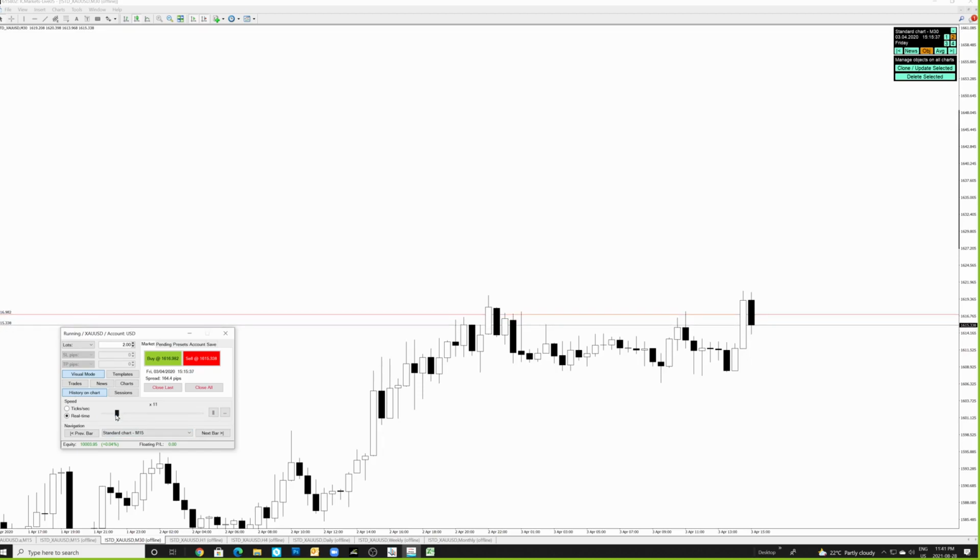So we're going to move on towards the time before NFP, and then we're going to do some buy stops and sell stops. This could get very, very messy because this was lockdown time, a lot of volatility, a lot of volume, prices consolidating over here. If prices are consolidating, they're looking for a big move to happen. Look at the spread over here, 20 pip spread. Oh no, 1.7, almost 2 pip spread over here. 2 pip spread. All right, so